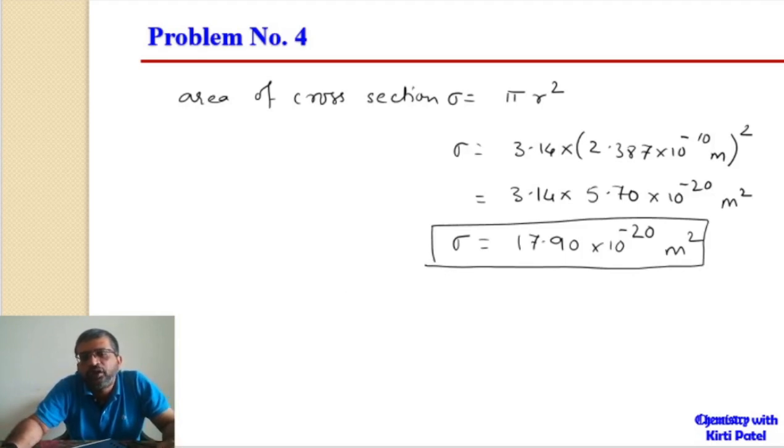Now if we know the volume of methane gas required for formation of a monolayer from the BET experiment, then we can easily calculate the surface area of that particular surface. The surface area of the adsorbent per gram we can calculate by S is equal to X into sigma, where X is the number of molecules required for formation of monolayer. So this is how we can calculate the surface area. With a very simple experiment and simple calculations we can calculate the surface area of the adsorbent.